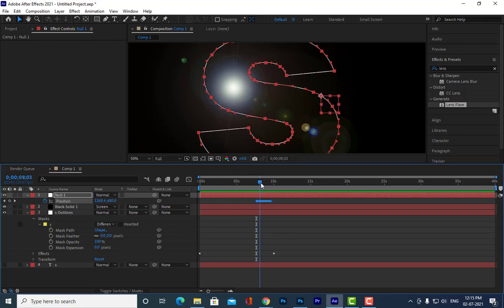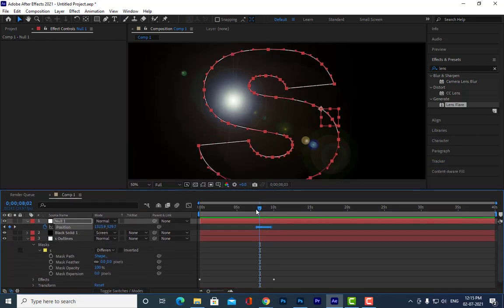So you can see the null object is moving. Can you see this? Yes, sir. The null object is moving now. But actually there is one problem here. What is the problem? It is not following the path properly. If you see here, the path is being created from here, but the null object is starting from this part.